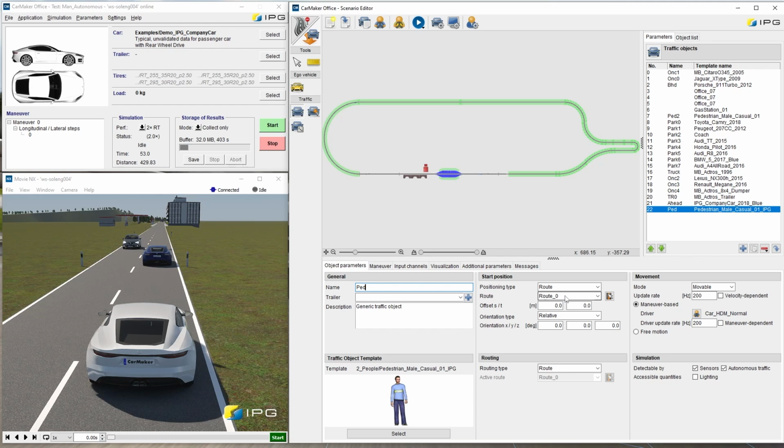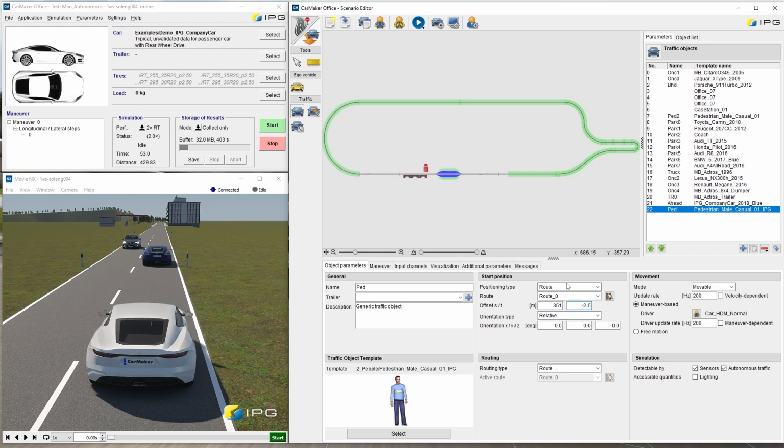And we want to place the pedestrian. We set an offset of 351 meters from the start point in S direction. This is then the X coordinate for the system of the route, because there's the crosswalk, and we set the lateral position to minus 2.5 meters beside the street.